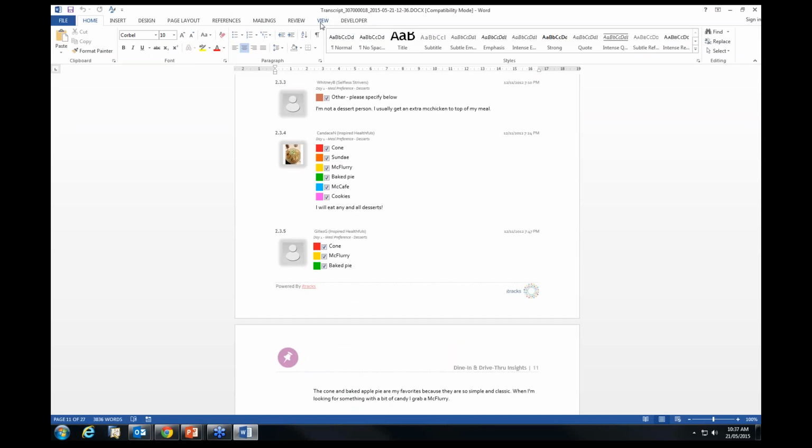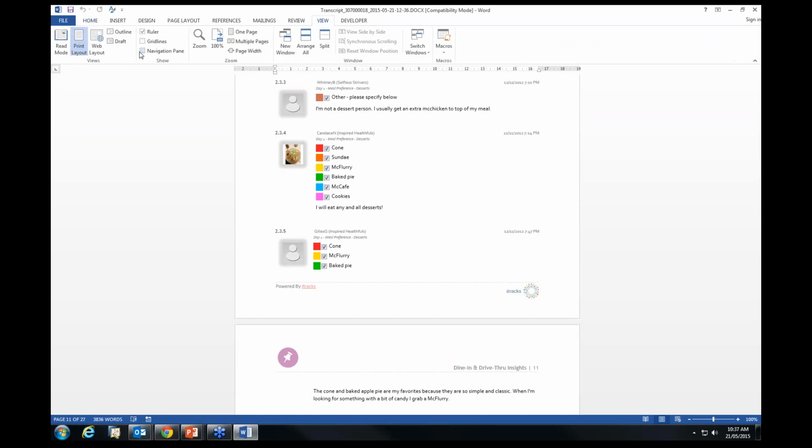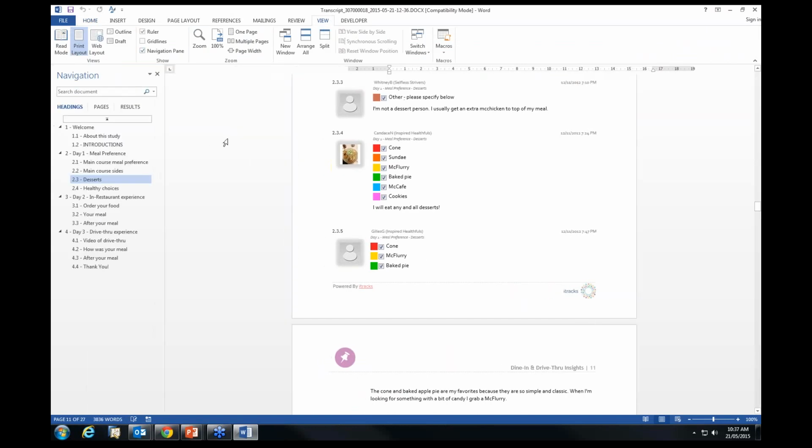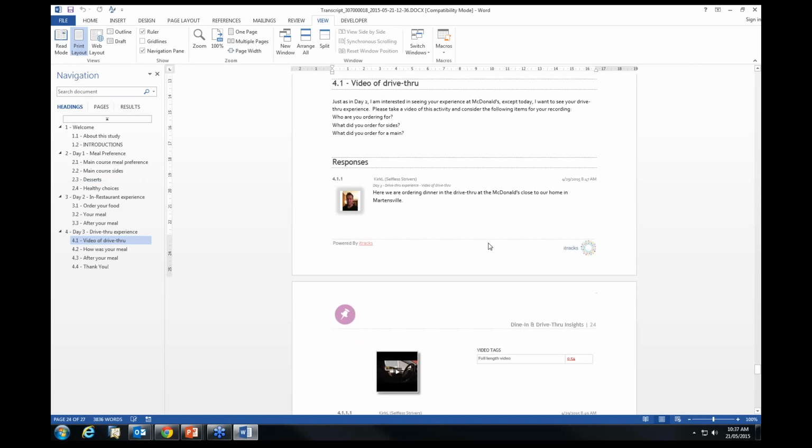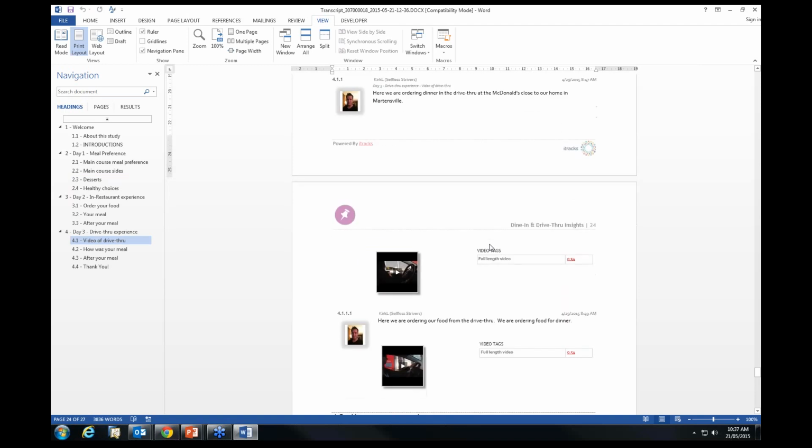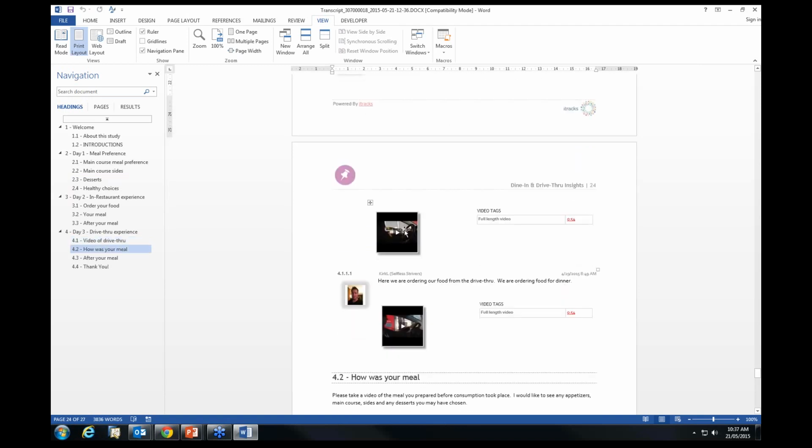Another thing that we use in our transcript is we have what's called the Navigation Pane enabled. This is a custom report, but we're using a native Word document here when we generate these transcripts, and I can actually now navigate right in my Word document to specific places in this particular transcript report. So I can actually go right to my videos of drive-through, and I can see the videos that have been recorded in my platform. So another neat thing, I can actually hold the control key down on my keyboard,